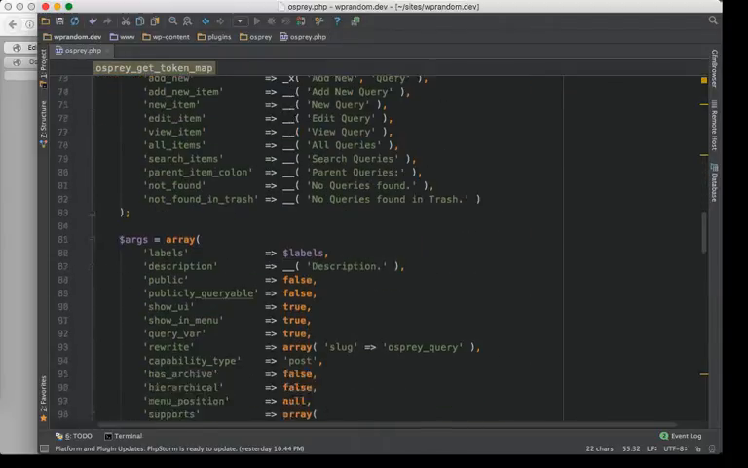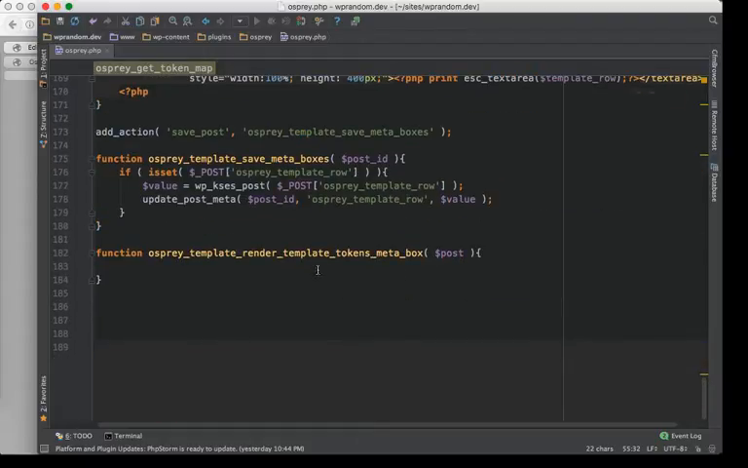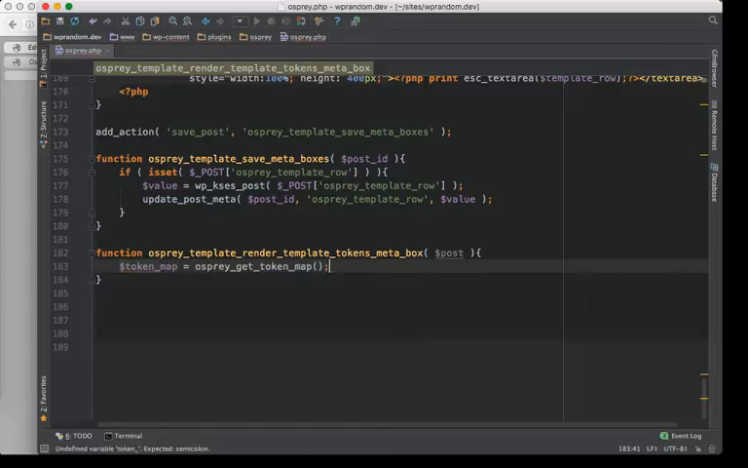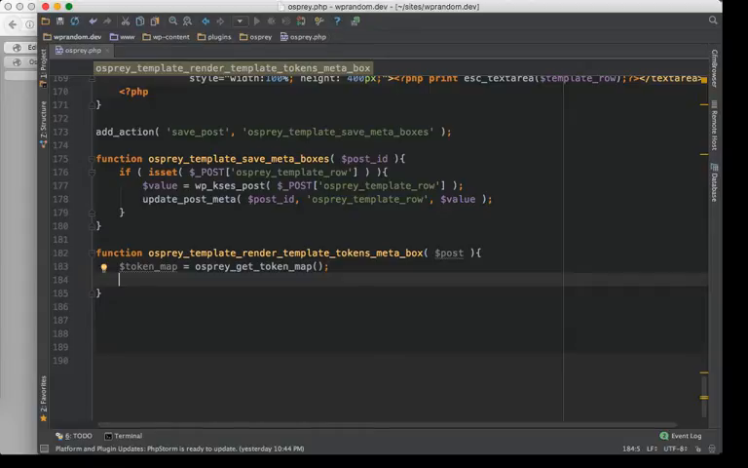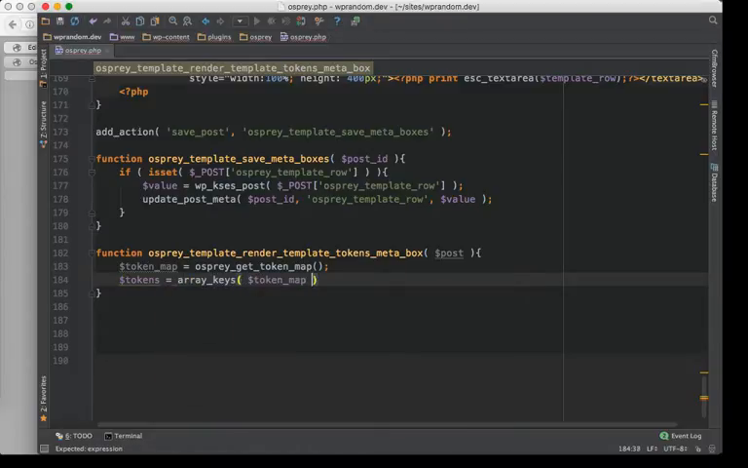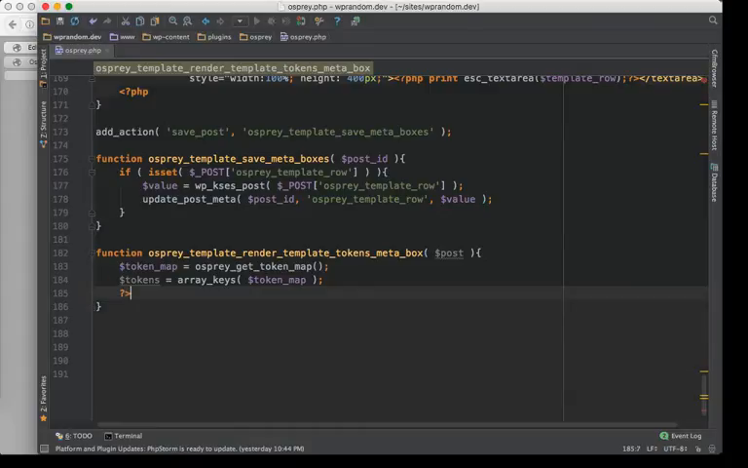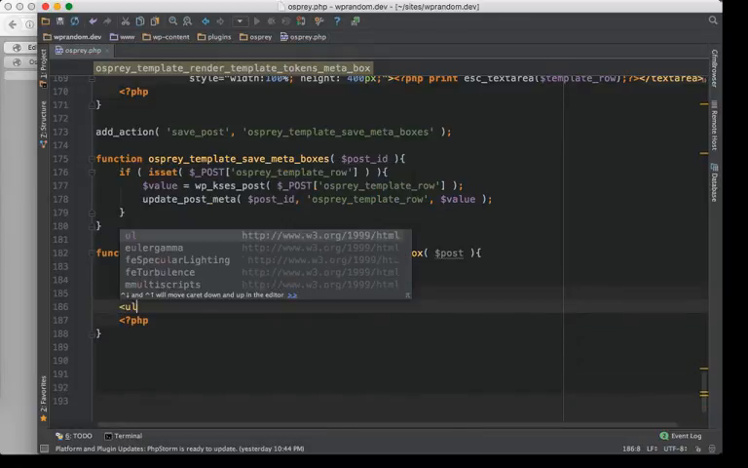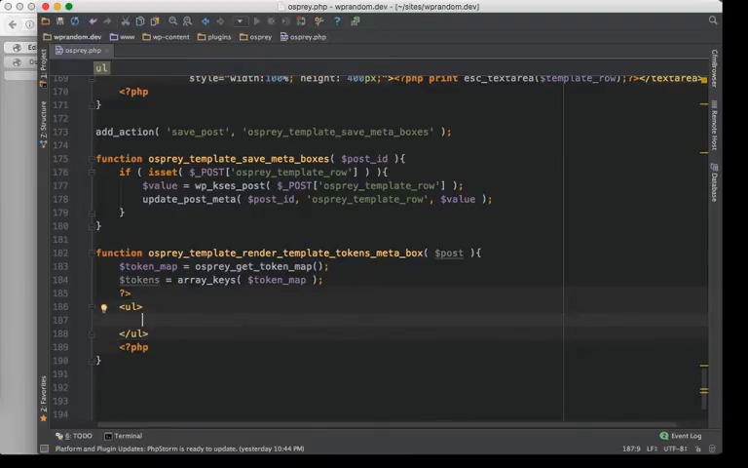So I'm going to scroll down to the bottom to our new meta box. And we'll get the token map. Now I just want to show a list of the keys available in that token map. It's going to be pretty simple. So I'm just going to set a new variable, tokens, equal to the array keys of the token map. And then I'll hop back and forth between HTML and PHP to give this a decent look. So we'll do an unordered list,